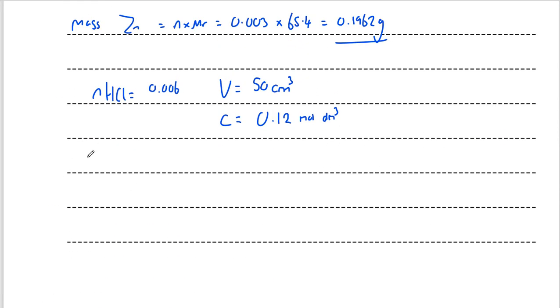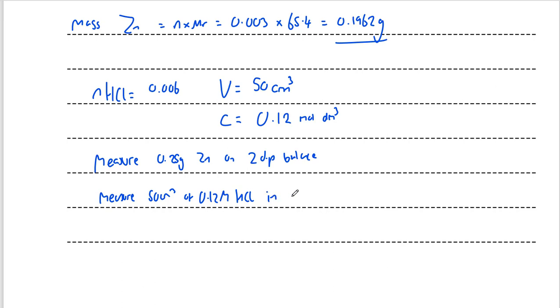So for the method, it's simply measure, let's call it 0.25 grams of zinc on a 2 decimal point balance. Make sure you use specific equipment. Measure 50 centimeters cubed of 0.12 m HCl in a measuring cylinder. Okay, add to conical flask,